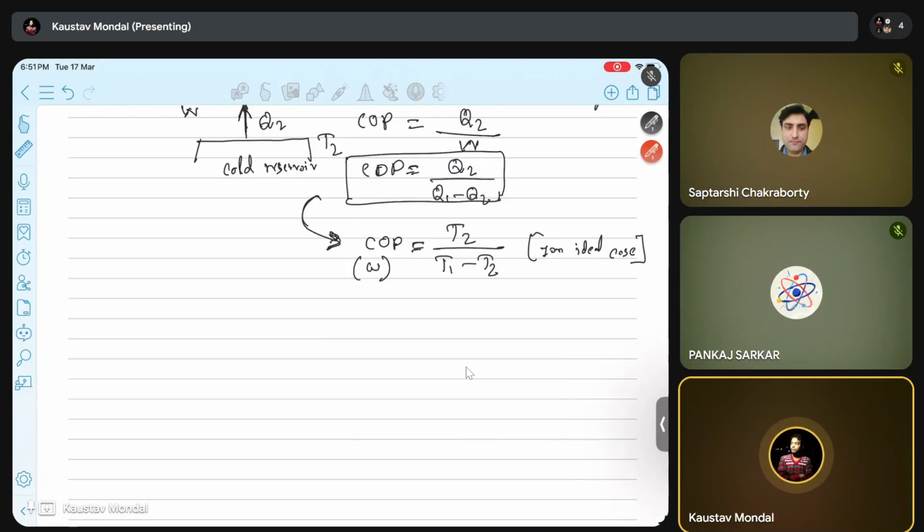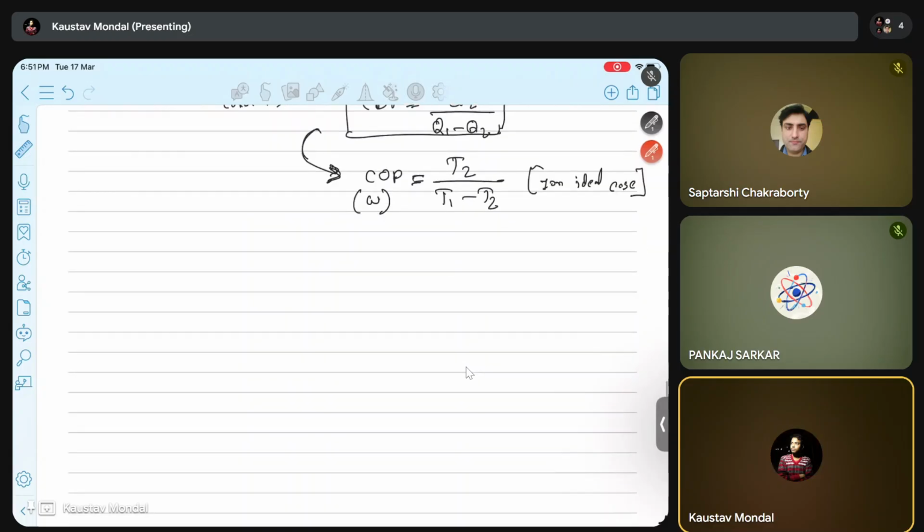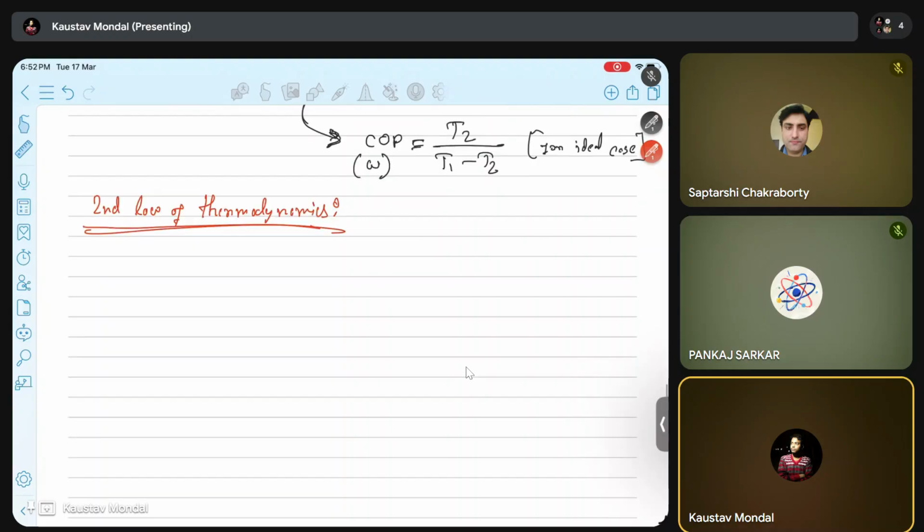Now next, we have already discussed the zeroth law of thermodynamics and the first law of thermodynamics. Next we will discuss the second law of thermodynamics. For the second law of thermodynamics, there are basically two statements. One is the Clausius statement,